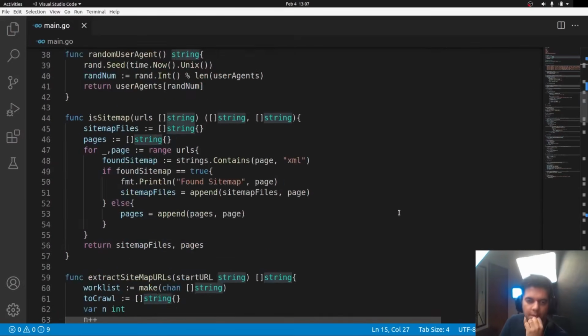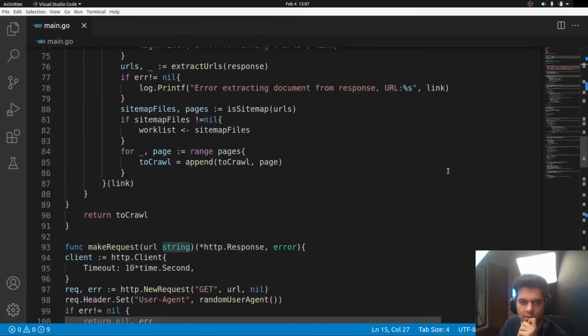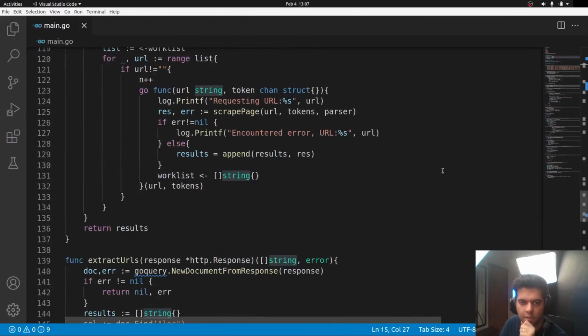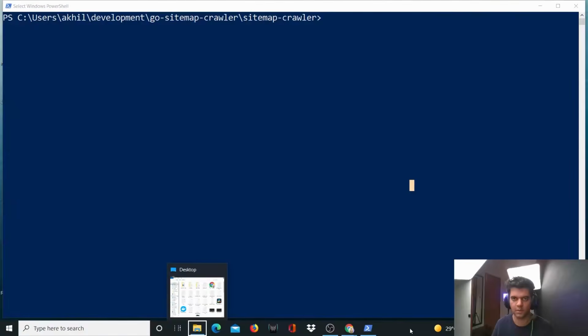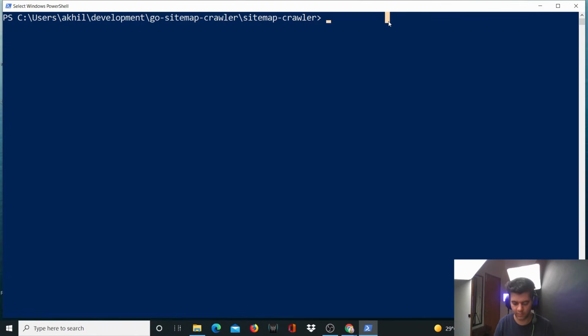So I've gone through the code and these are all the issues that I found. Now we'll try running the code. After fixing all those issues, I found a couple more and I fixed all of them, and I will be leaving the GitHub link to this project in the description, so that you can just compare and fix those quickly. The main thing now is that I want to show you how the program will work. So you'll say go run